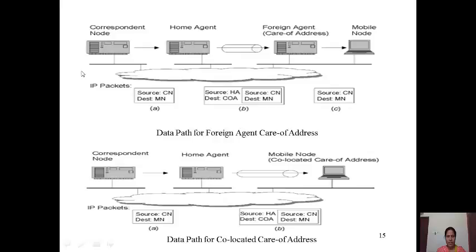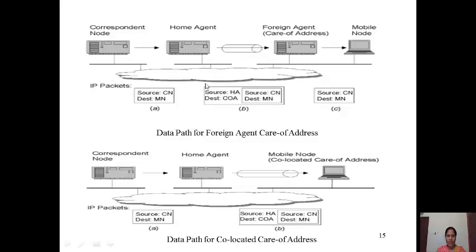So what happens to the data packets is, when the correspondent node tries to forward the data packets, it gives its own address as the source address. The destination address is the mobile node's address, and this IP packet is forwarded by the correspondent node to the mobile node. But since the mobile node is not available in the home network, the home agent receives this packet